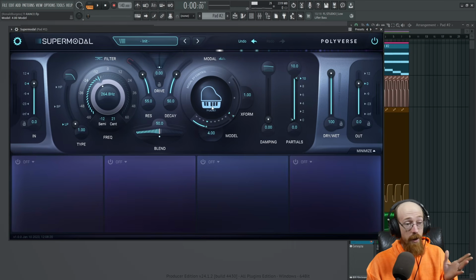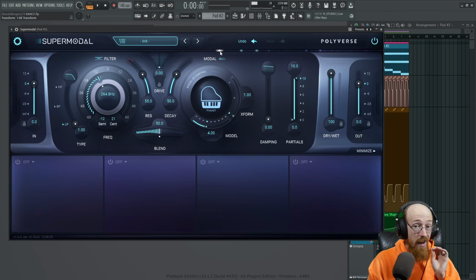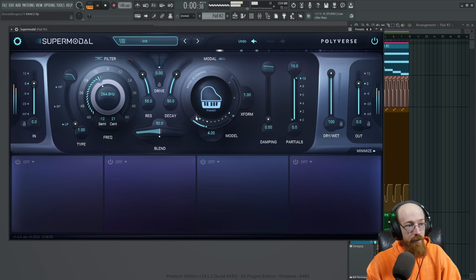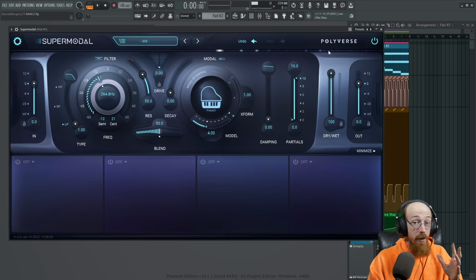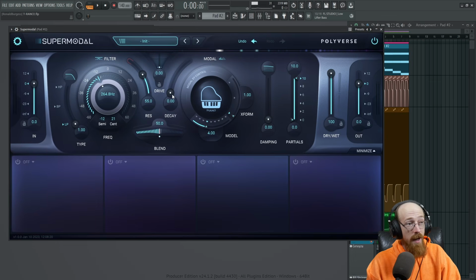So this is piano. The category is instruments. As you go up and down, you get other instruments. And at the top, you can see the resonances they're going to introduce into the sound to make it sound like a piano's in there. So if I play the choir, the decay is how long these resonances are allowed to hang around. With a low decay, it's not very obvious. But as I drive the decay up,